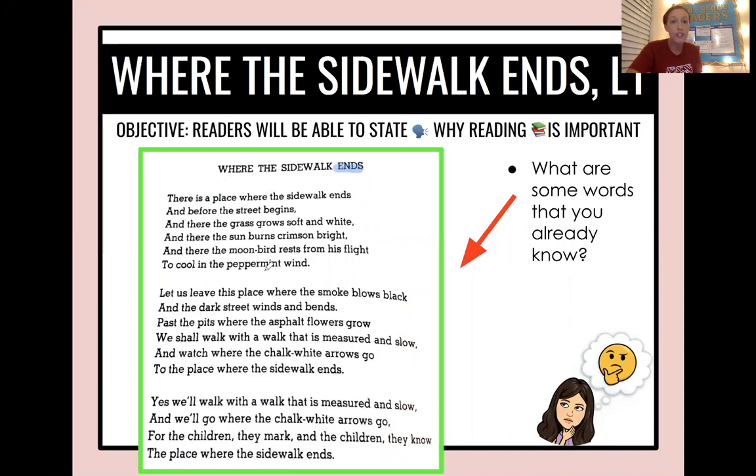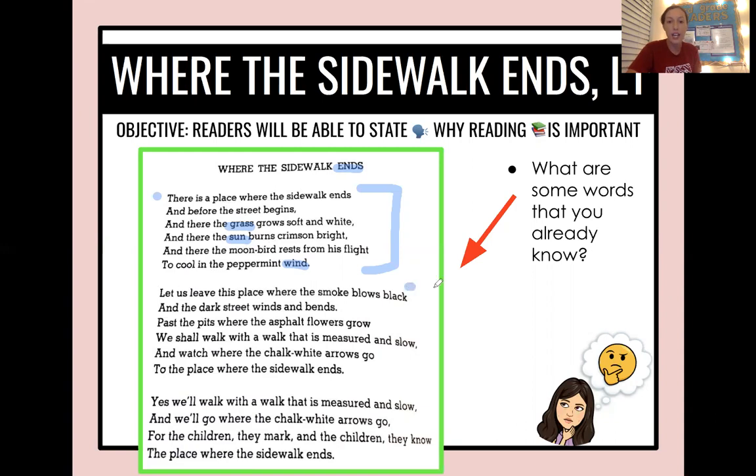In this first group of lines, or this first stanza, that's this section right here, you see how there's 1, 2, 3, 4, 5, 6 lines. In this first stanza, I see the word grass, I see the word sun, and I see the word wind. Grass, sun, wind. Notice how I didn't read all of the words in this stanza. I only put the words in blue that I know super quick by looking at.